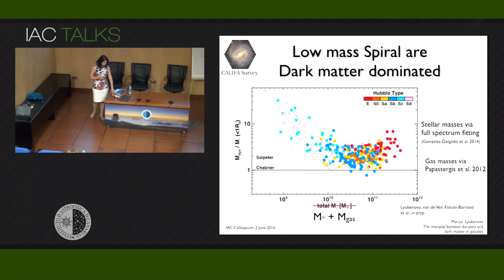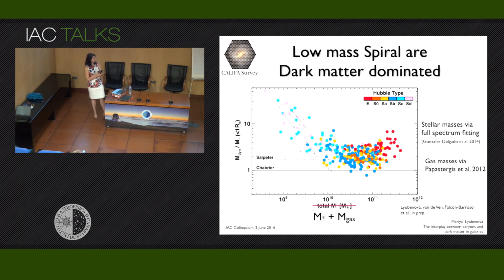So with that, I hope I've been convincing you that we've taken all efforts to see whether something can go wrong with respect to our dynamical modeling, that this number is correct, and we have also taken great care to check whether the other number, the denominator of this ratio, the stellar mass, is correct. So here I'm presenting stellar masses based on the full spectrum fitting STARLIGHT method that has been used in CALIFA by a group at the Institute of Astrophysics in Granada. However, we have